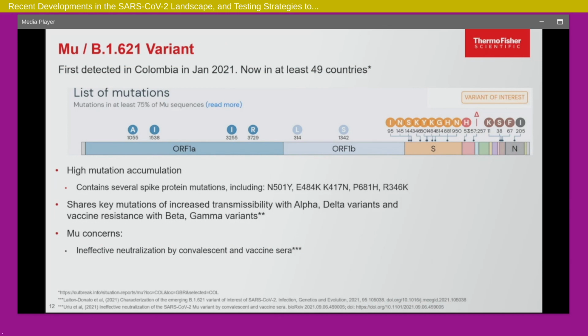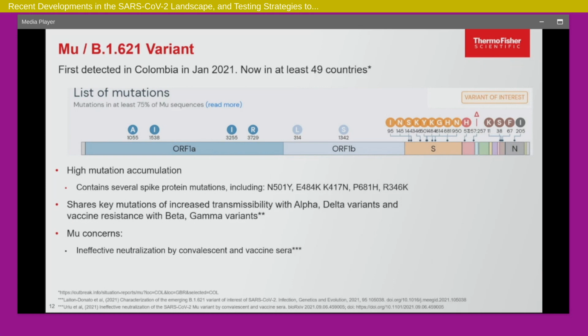There's a high mutation accumulation. All these mutations that I put on the slide are the ones of concern. You can see the N501Y, that seems to be one of those backbone lineages on which new variants are emerging. Obviously, at first D614G was one of the first backbones. That backbone has stayed. Now it has also been the N501Y. And you can see E484K is still there. K417N is still there. P681R, now you have P681H in there. Now this new one shows up, R346K.